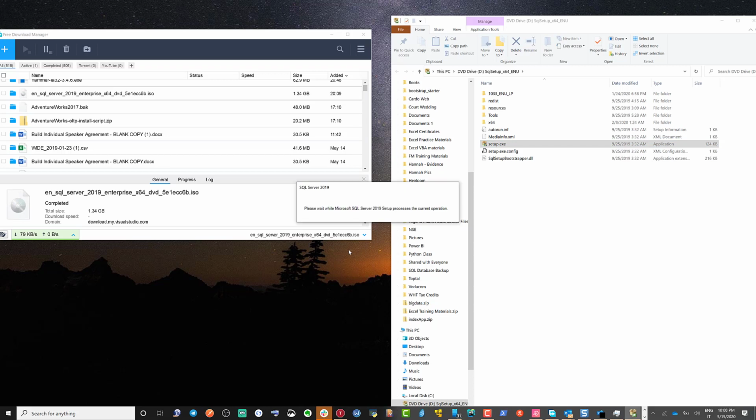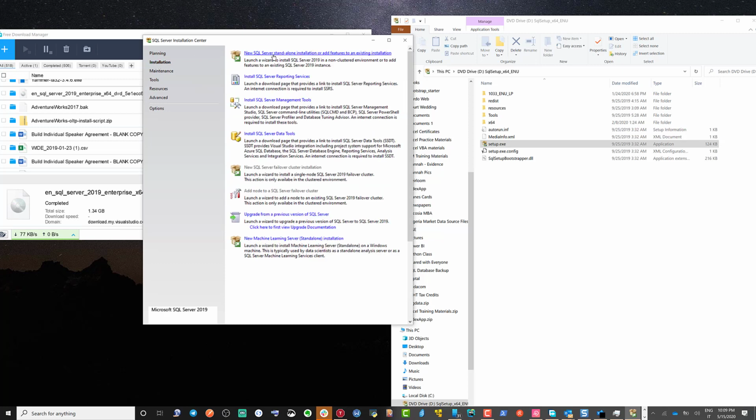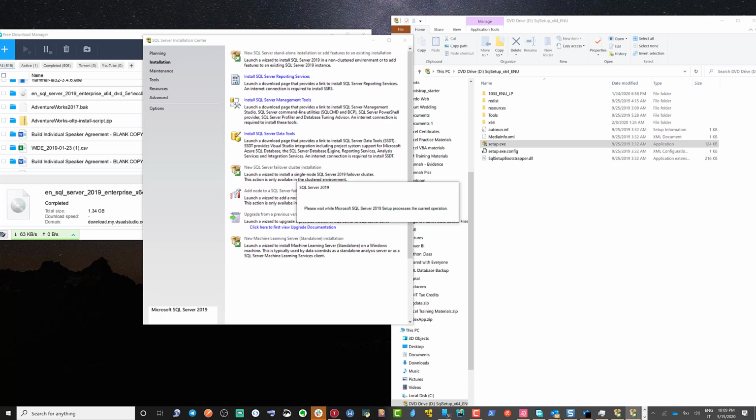and it's going to bring up this SQL Server Installation Center, which is more like a guide in some ways. You can read up on the hardware, software requirements. You can read up on anything that you want to be acquainted with before you progress, or even as you go on with the installation, maybe things you think you will need to do. So I'm going to go to the installation. Then I'm going to pick the new SQL Server standalone installation or add features to an existing installation, and that will launch the installer,